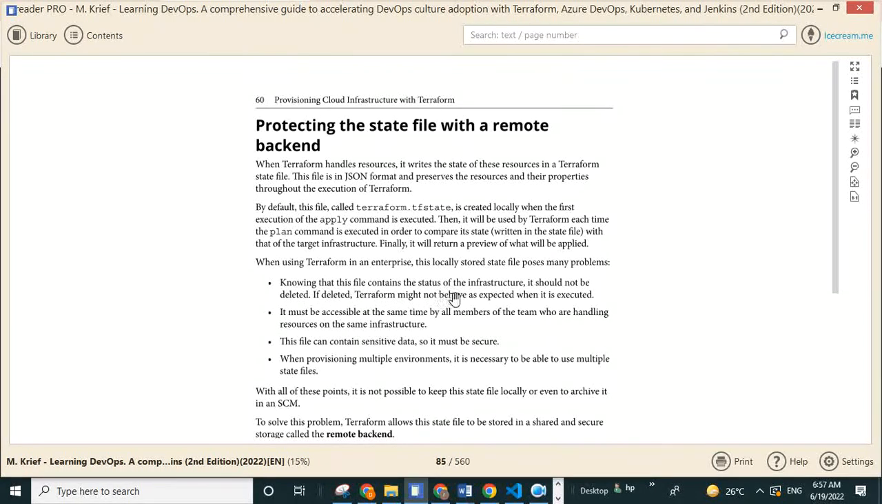This file contains the status of the infrastructure. It should not be deleted. If deleted, Terraform might not behave as expected when it is executed. So it must be